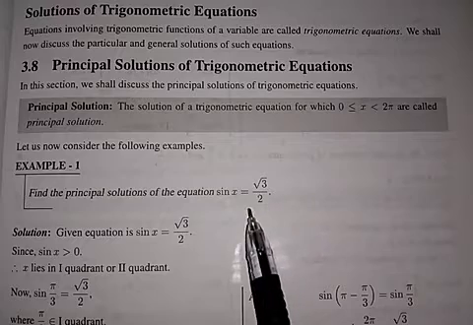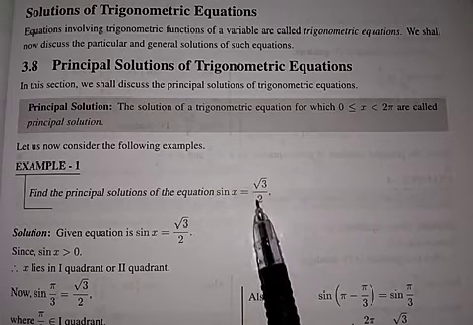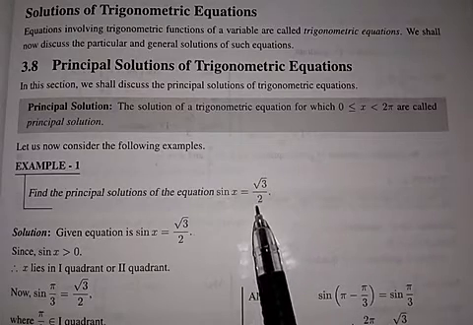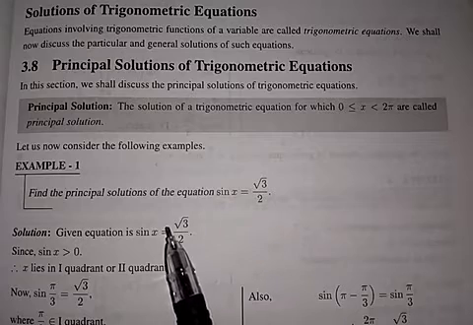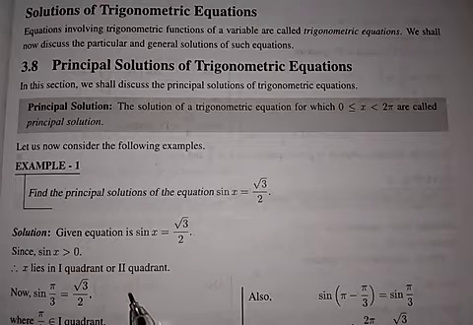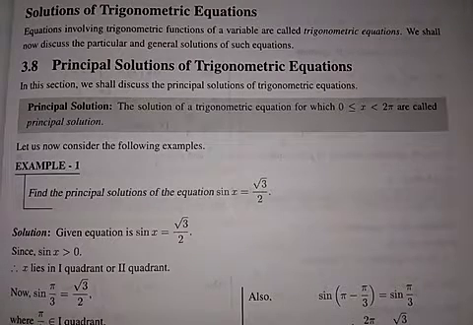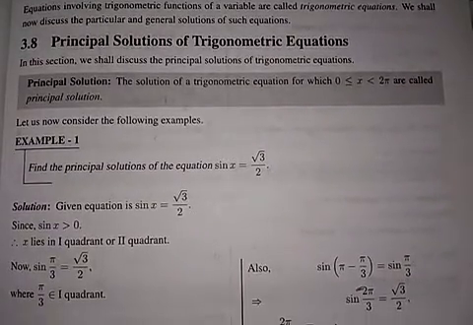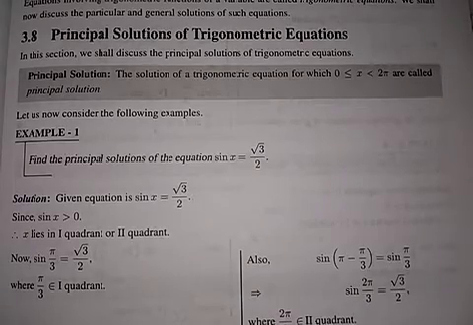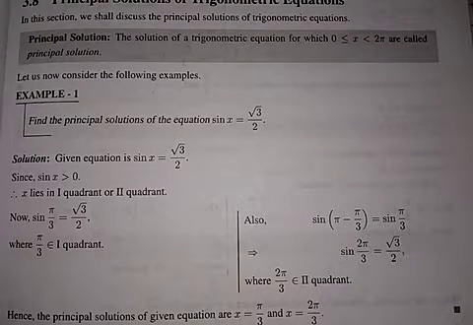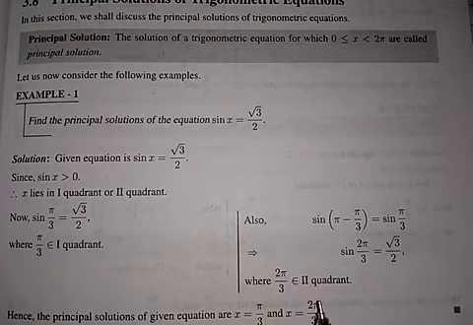We know that the value of sin pi by 3 is root 3 by 2. So we can substitute here sin pi by 3, then x equal to pi by 3. We know that in first quadrant and second quadrant sin is positive, so we can write here sin pi by 3 equal to root 3 by 2 or sin 2 pi by 3 equal to root 3 by 2. Then we have two values of given equation because sin is positive in first and second quadrant. Then the principal solution of given equation are x equal to pi by 3 and x equal to 2 pi by 3.